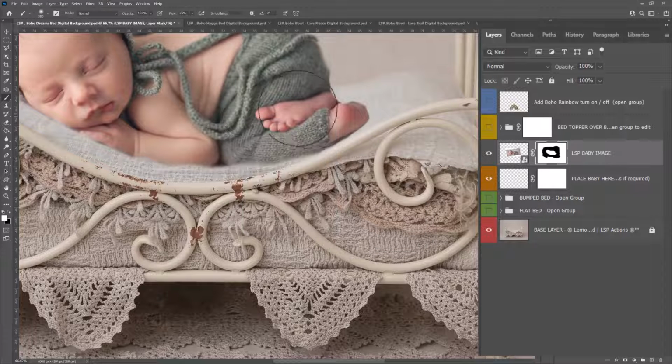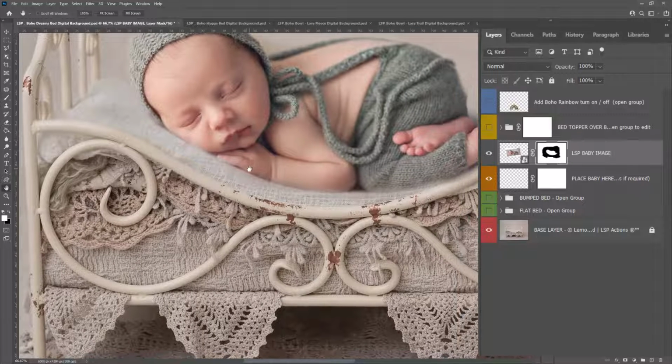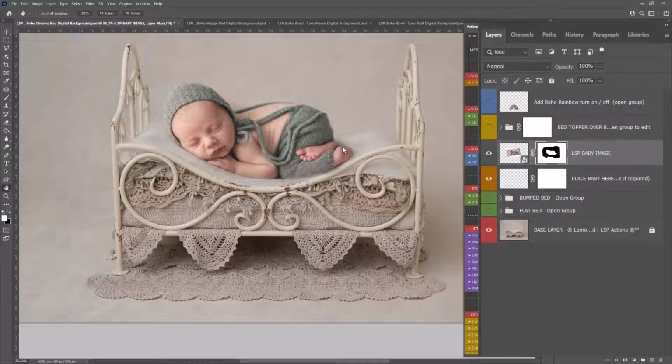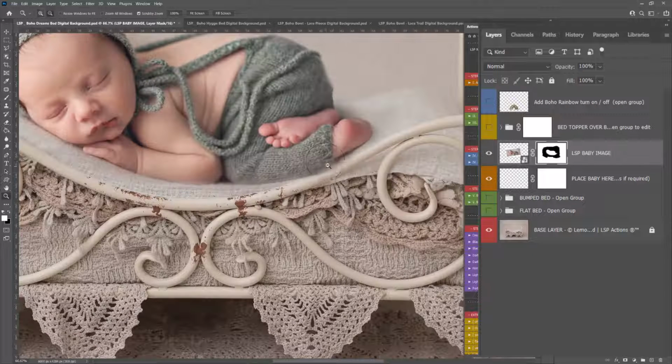And now I'm just going to zoom in a little bit better and mask baby. Because the original background, even though it's darker than the white blanket, is quite similar, I would recommend shooting baby on white. I'm just going to lightly bring this in so that we have some of those natural shadows coming. If you're using the LSP digital background applicator actions, they have blend the colours here, which means you can